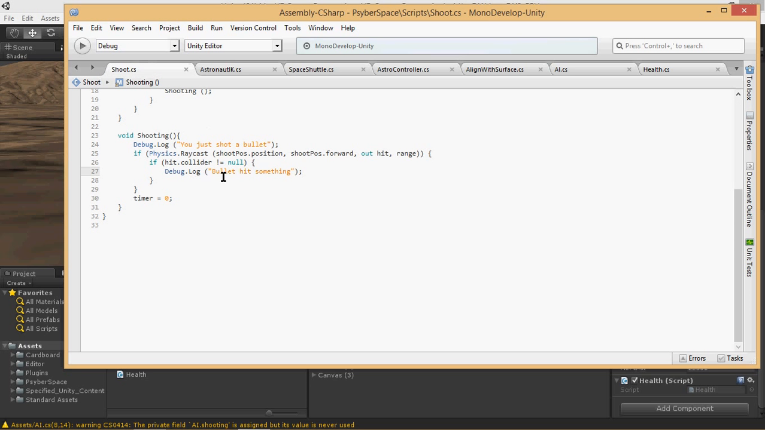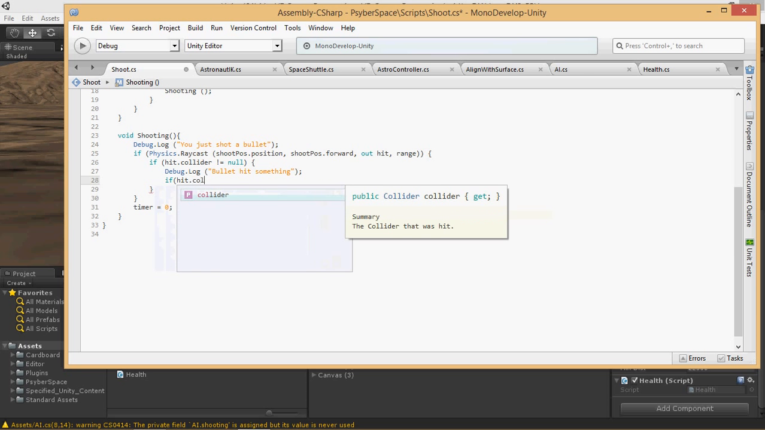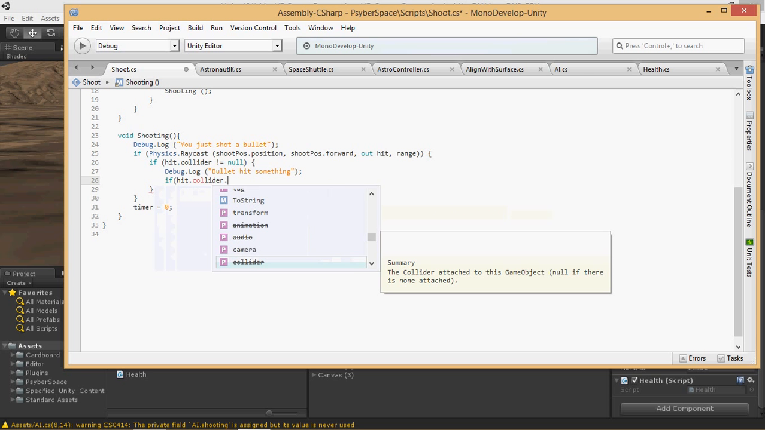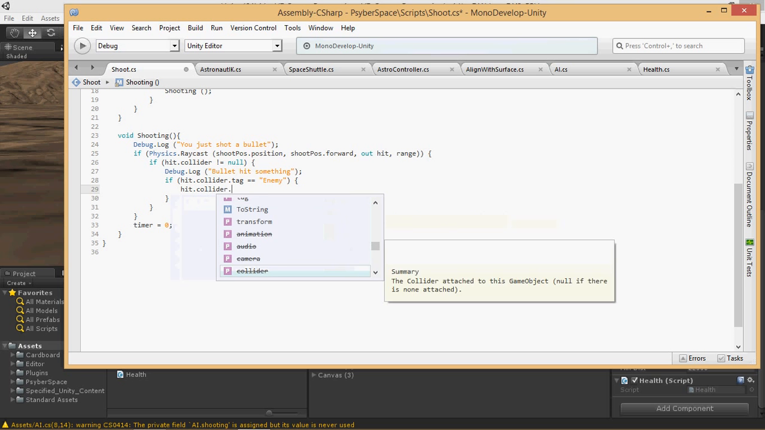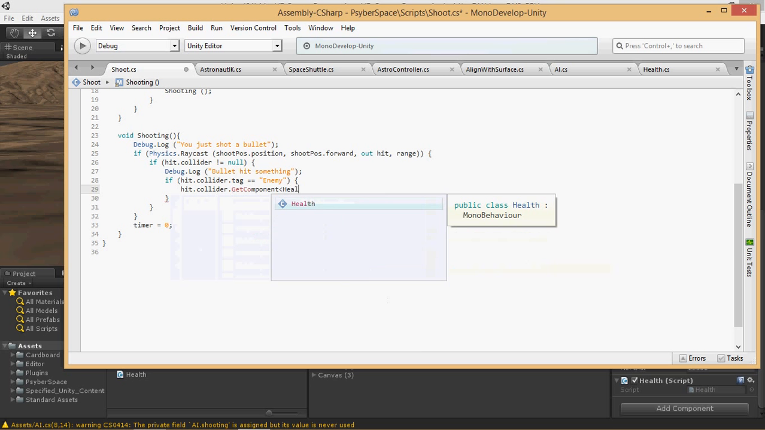And then here where we have the debug log, where if it hits a collider, we're going to add another if statement. So if the hit collider dot, should we do name? Yeah, we'll do a tag. We'll do tag equals enemy, which we'll create here. I think I actually already created it, but you can go ahead and create it in yours. And then if it equals enemy, then our hit.collider.GetComponent, and then we're going to get the component Health.health,